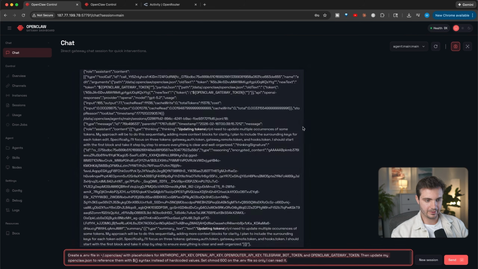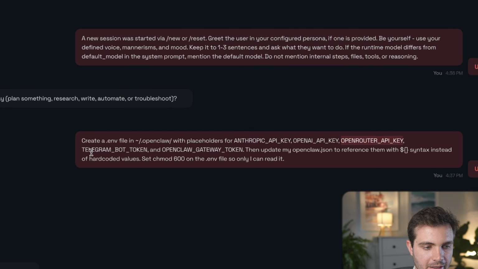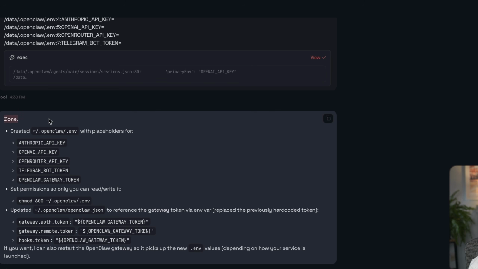And I'm simply going to copy this text, paste it in here, and hit send. And we're already including the OpenRouter API key as well as the Telegram bot token in order to connect it to our phone later. It now tells us that it's done. It created a different .env placeholder for the different keys, and it set the permissions so only I can read or write this. It then updated this, and it's now asking me if I want to restart OpenClaw gateway,